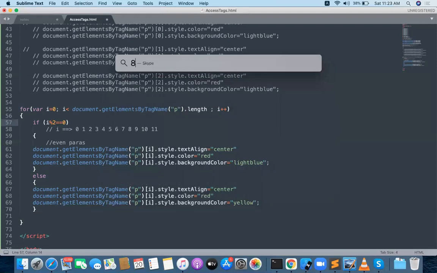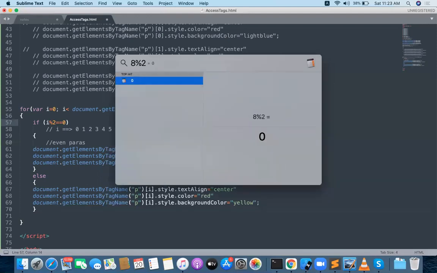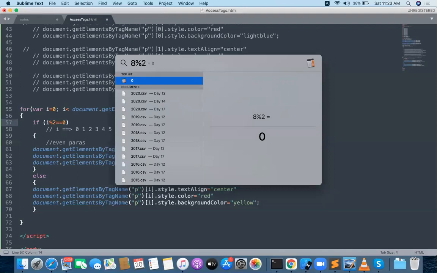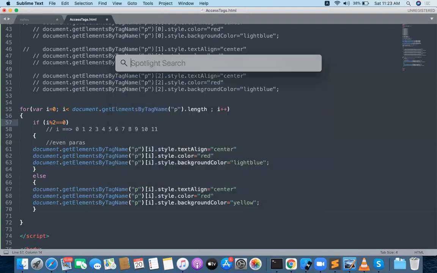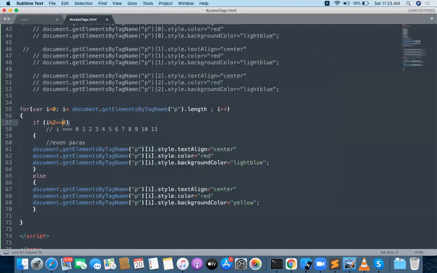Okay, 8 % 2. So what is an even number? What is an odd number? All even numbers have remainder 0. All odd numbers have remainder 1. That is the fundamental logic. Is it clear? That's it.